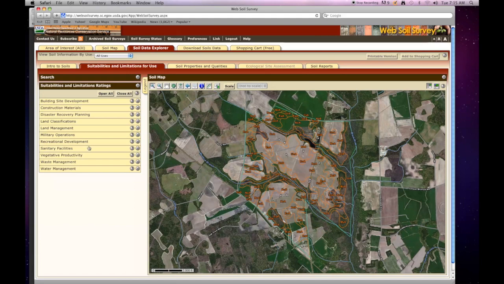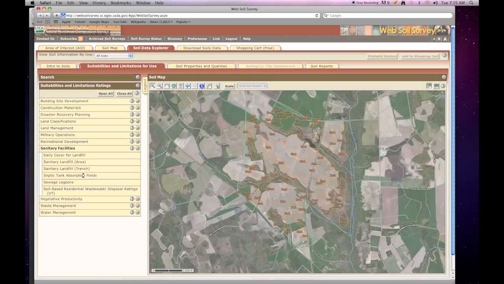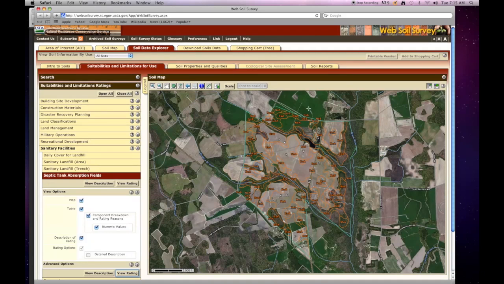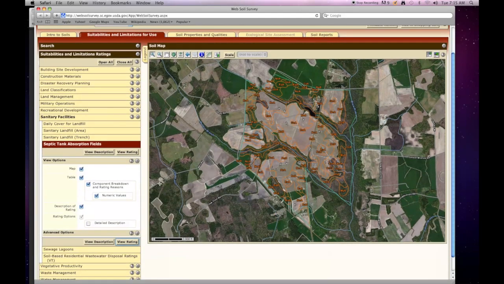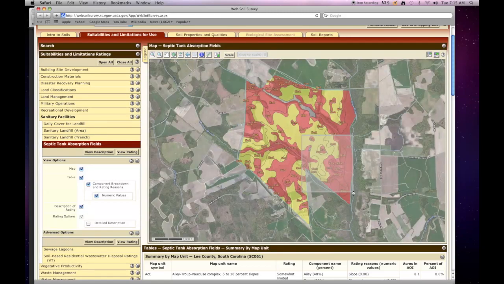So for instance, the one that I like to use is the sanitary facilities. You have a look at this, and where can I best look at septic facilities? Well, let's go ahead and have a look. I'm just going to do that. Is there nothing else I need to click? View the rating. And it says you had better not put septic facilities in these soils, for instance. Let me just zoom in again. So don't build septic facilities on those soils, because